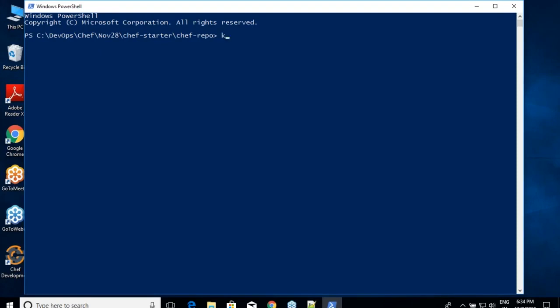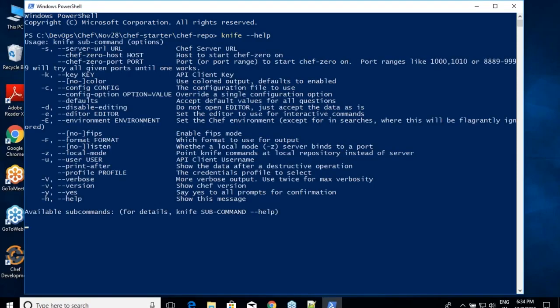The first command which I want to execute is knife node list. And at any moment, if you want anything, always use this. It will tell you what are the possibilities which you can do with knife. We might not use all the possibilities, but when there is a chance, you should be able to work on it. So that's why we go with this route. Are you seeing? There is something called knife subcommand, and you will have options. It is fetching the available subcommands. If you want that, you can execute knife subcommand hyphen hyphen help. It is taking time.